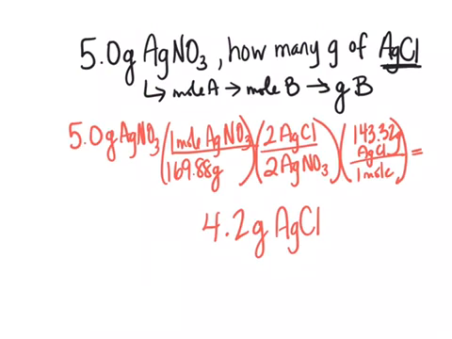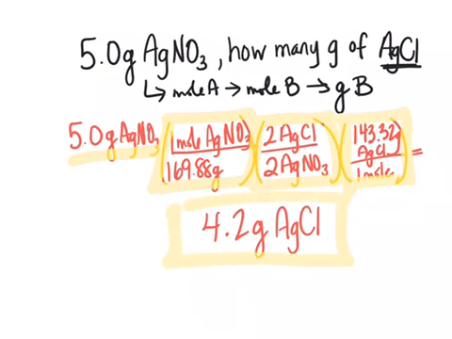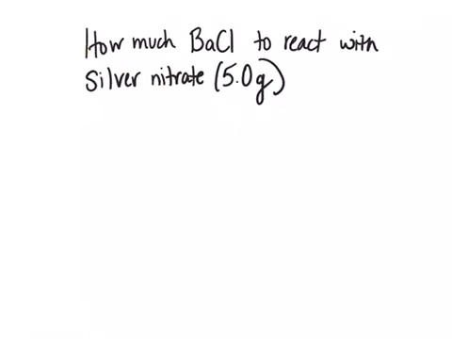So here's my work for that next problem. I'm starting with grams. I use my molar mass of that material to find out how many moles, mole to mole ratio, and then the molar mass of material B in order to get 4.2 grams of silver chloride as an answer. So the next problem says how much barium chloride is necessary to react with the silver nitrate in